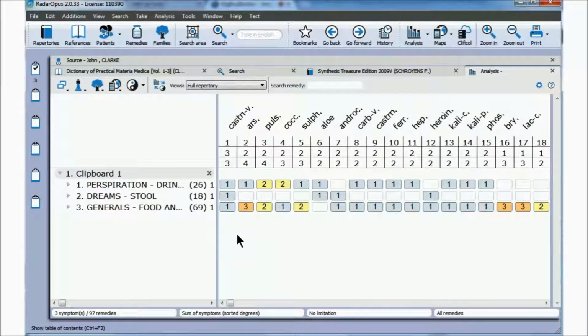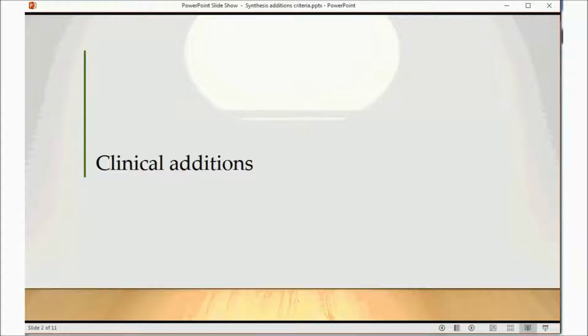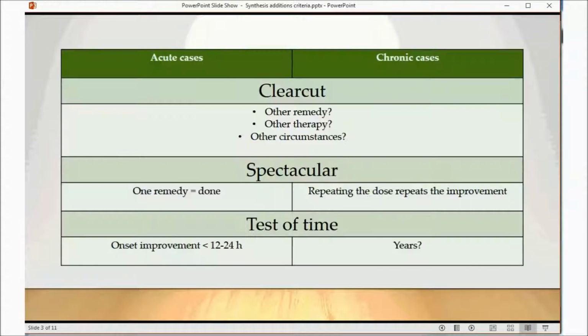I would like now to present you some other information on a more philosophical level, if I may call it like this. And this is the very important topic of what are the criteria for additions in Synthesis, okay? In order to do this, we will separate two chapters. First is about clinical additions, okay? And for the clinical additions, there are three criteria, and they especially need to be adapted to two situations,